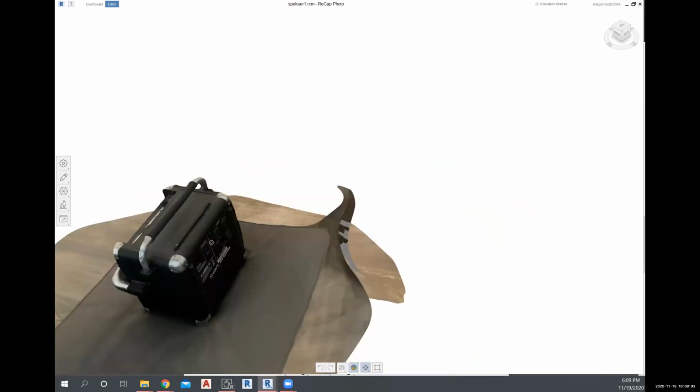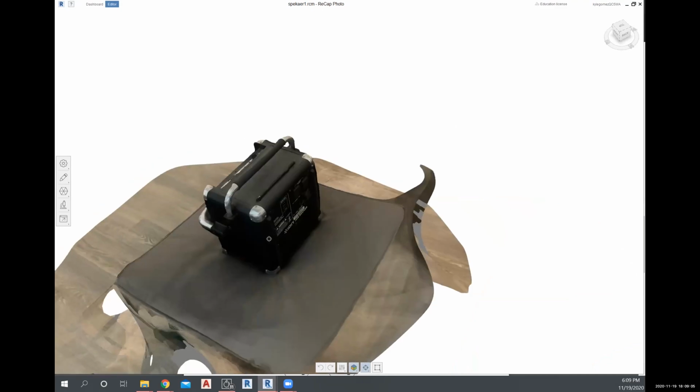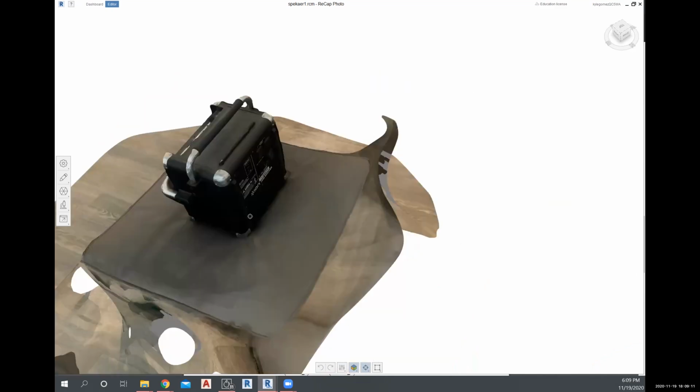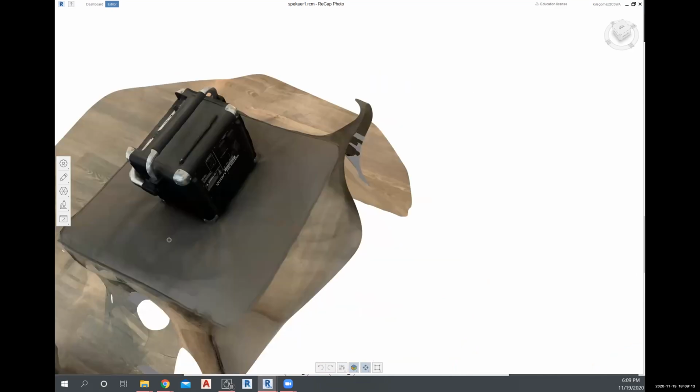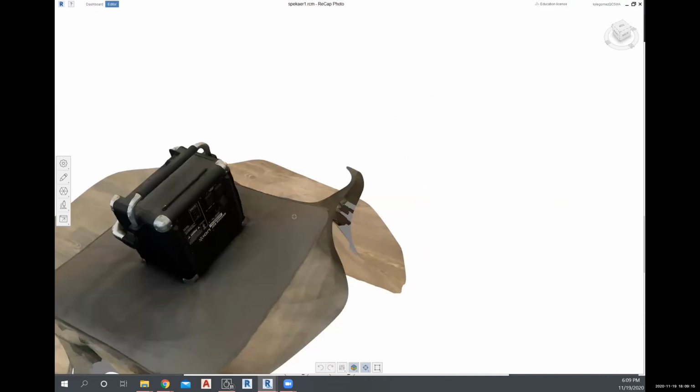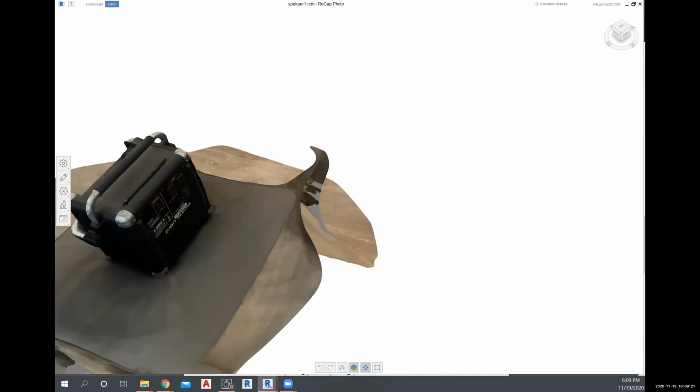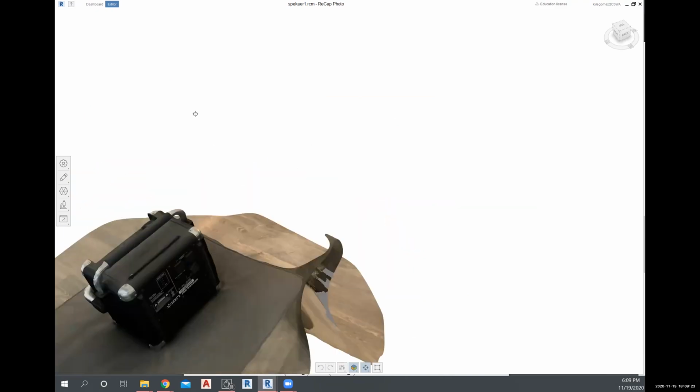Had to transfer them from an HEIC version of the file to a JPEG. But it was cool just to mess around and see how powerful, honestly, ReCap Photo is, or see how powerful that 3D modeling can be. So yeah, and I'll just quickly